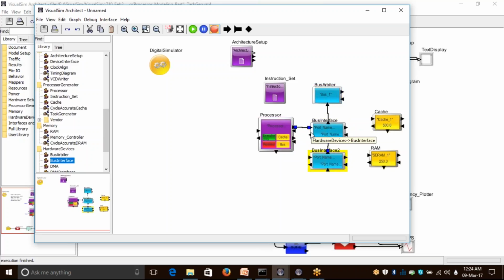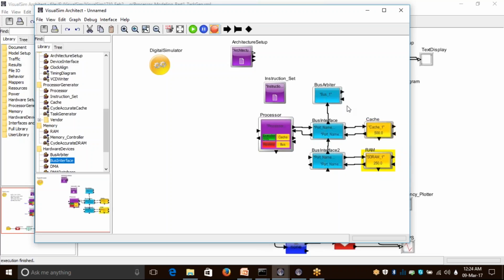I'm going to make connections to the processor block. I'm going to connect the bus interface to the cache, and I'm going to connect this to a DRAM. Okay, so this assembles my processor, my memory, and the bus and things like that. Now I'm going to configure my processor for a simple